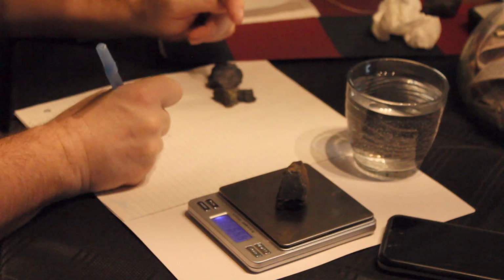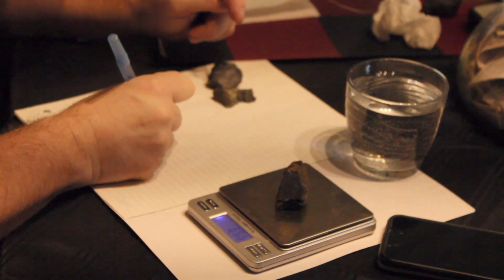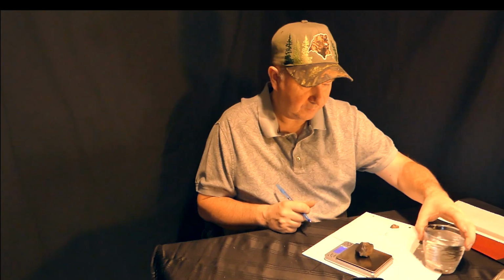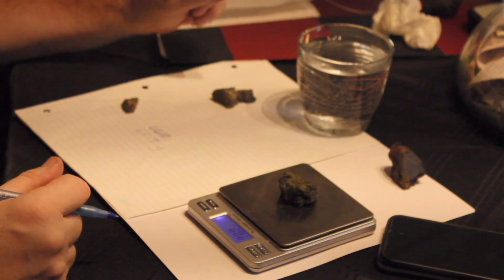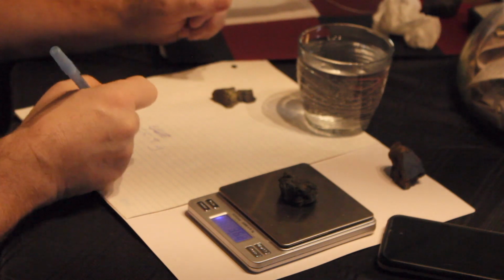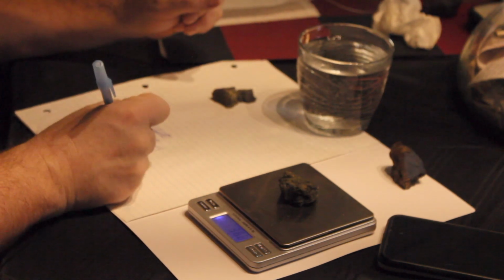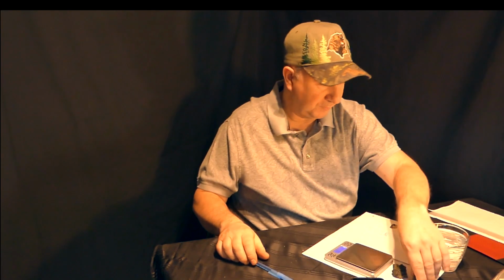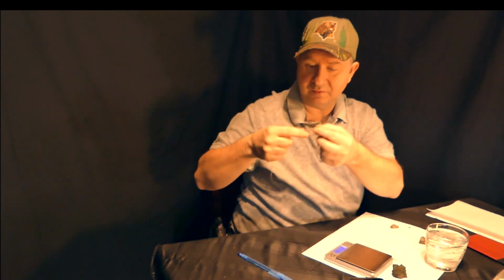So 65.9 grams. I'll erase the other one. Alright, so that's the first. That's actually the second stone that I found, so anyways. Kind of doing them in backwards order. Alright, now here's the first stone that I found. Let's weigh this one. And this piece weighs 36.2. Okay. So what I'll do now is I'm going to put a rope on it, which I'm using dental